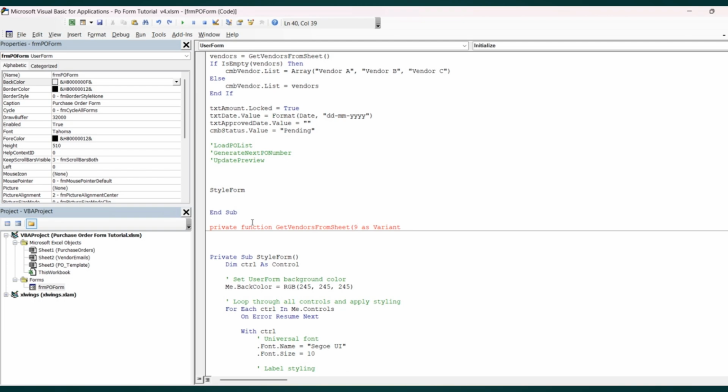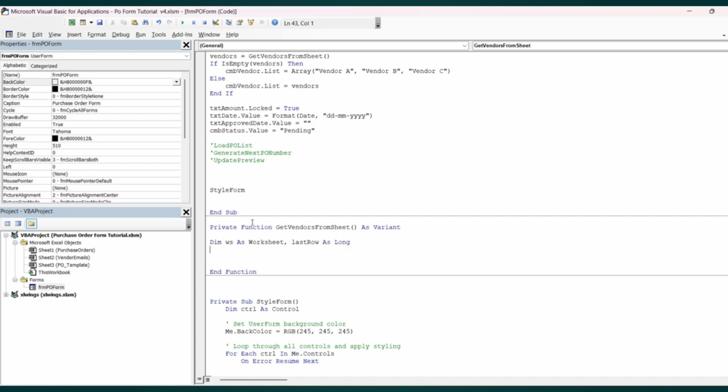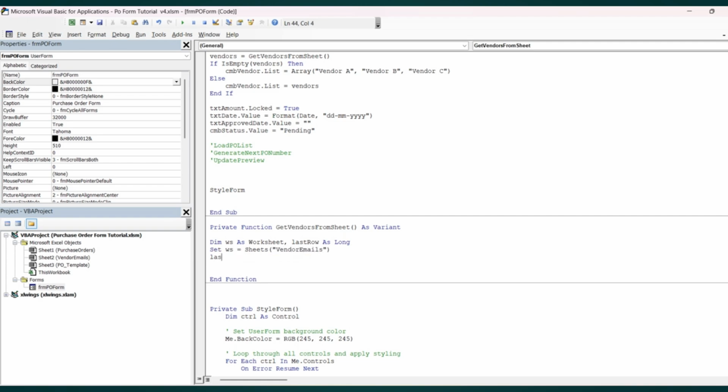Dim ws As Worksheet, comma, lastRow As Long. Set ws equal Sheets, Vendor Emails, lastRow